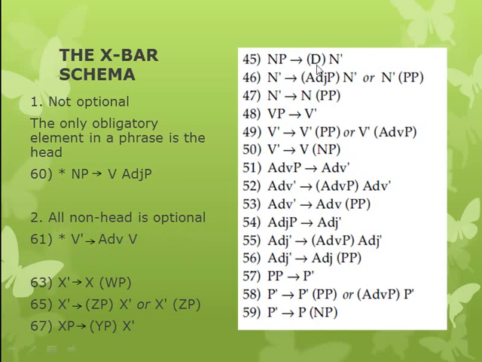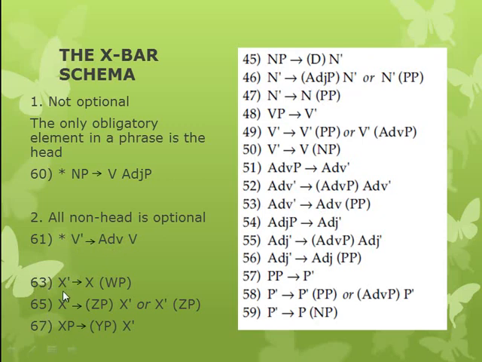Jadi di sini noun phrase. So noun is obligatory, it must be there, and determiner is optional. Jadi selain yang head itu adalah optional in a phrase. Yeah. And also it's like this one. Noun bar is a must, but adjective phrase is optional. Jadi yang selain headnya itu adalah optional. Maka tidak mungkin kita menggunakan verb bar consists of adjective and verb. Tidak, jadi adverbnya ini harus optional dalam kurung. Kemudian